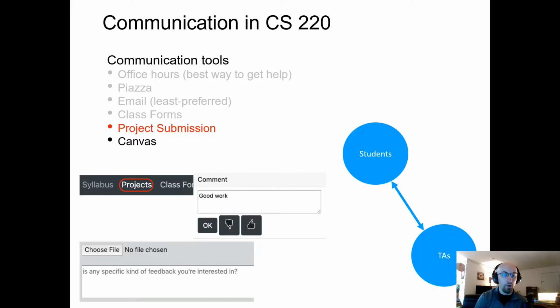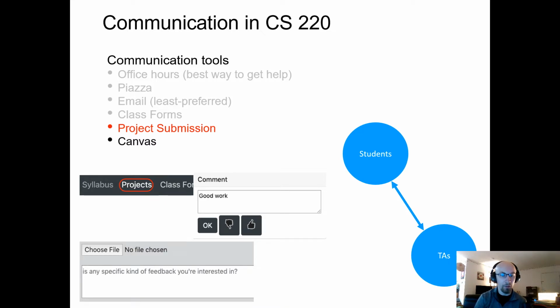The projects are also going to be submitted online, and this is a two-way communication between students and TAs. If you haven't noticed this along the way, on the right-hand side the arrows show the direction of communication between whom. So students and TAs have a two-way communication channel. You submit your projects through the website, and you get feedback from TAs through the website.